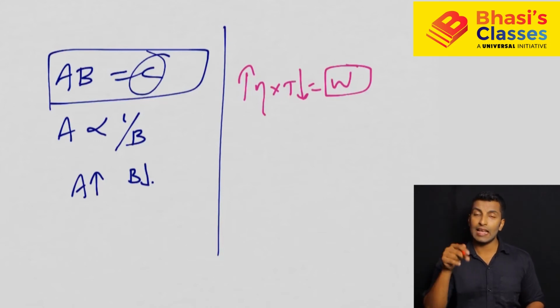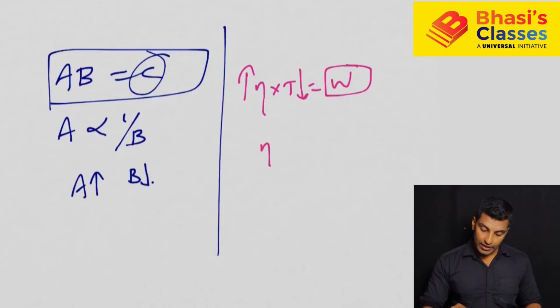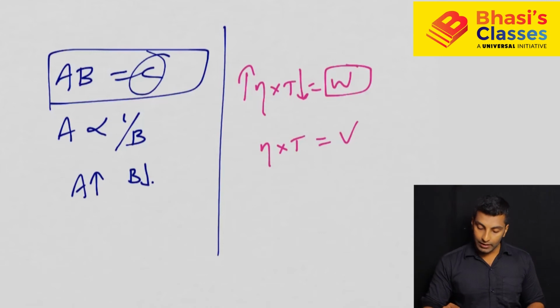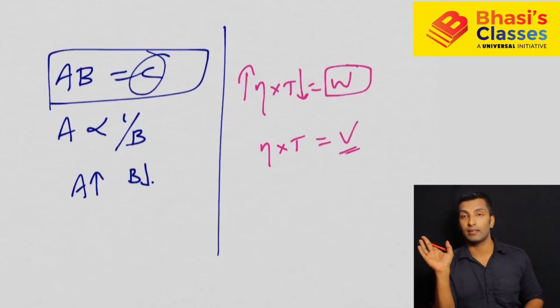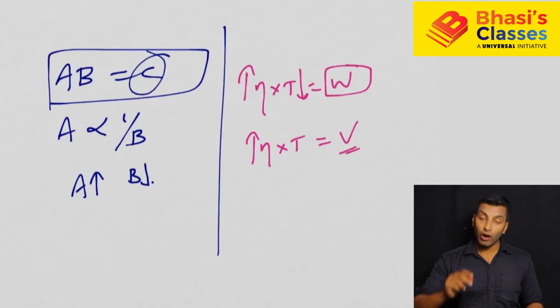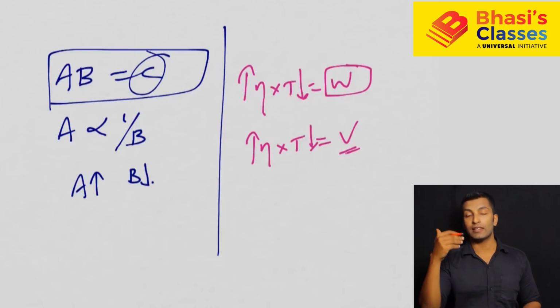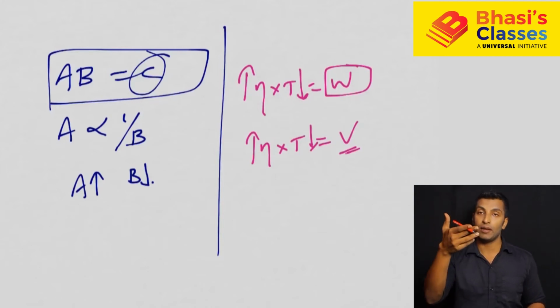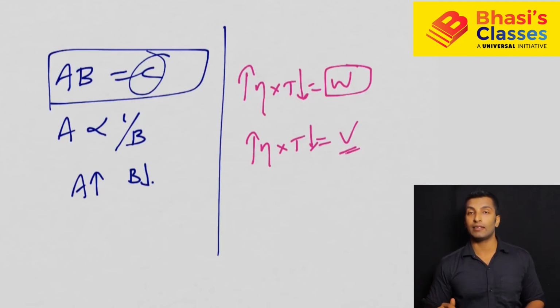This is exactly the same concept you apply in pipes and cistern also. There also it is efficiency into time is equal to volume of the tank which is filled. There the work is converted to volume of the tank, that's it. So what will happen? Efficiency of the motor is improved, the time taken to fill the tank will be less. Or you replace an old motor with a new motor, the time taken will come down. So if the new motor is 20% efficient compared to the previous one, what will be the reduction in time taken?